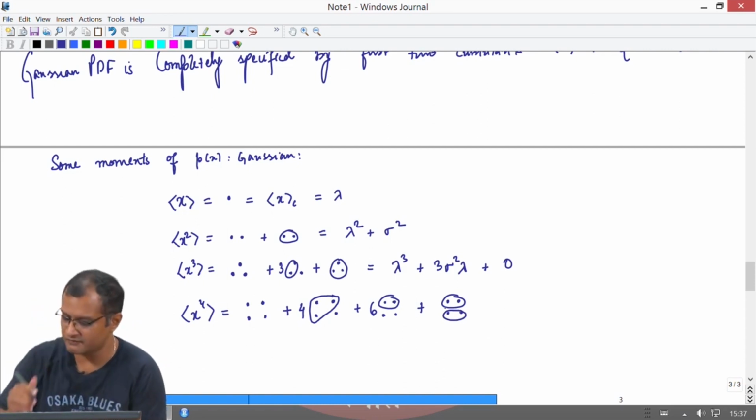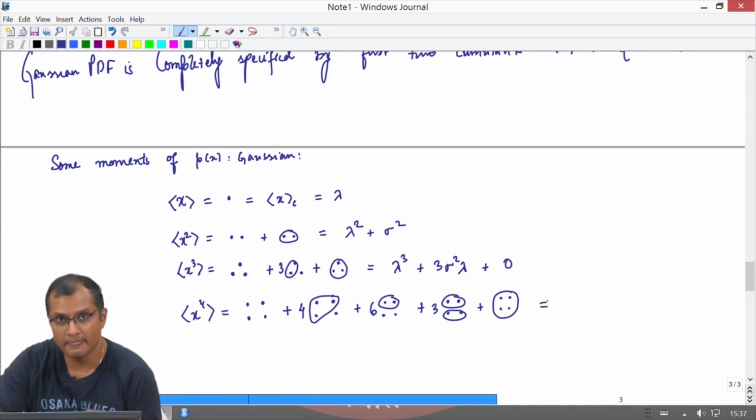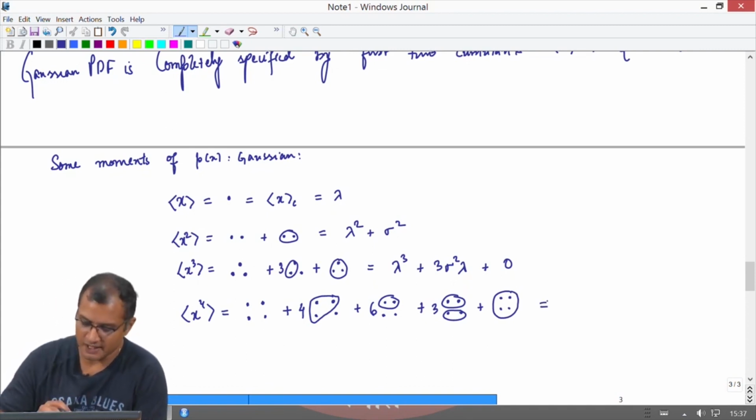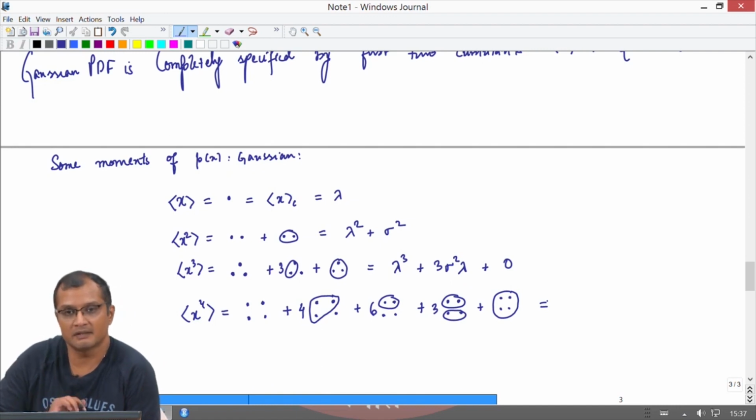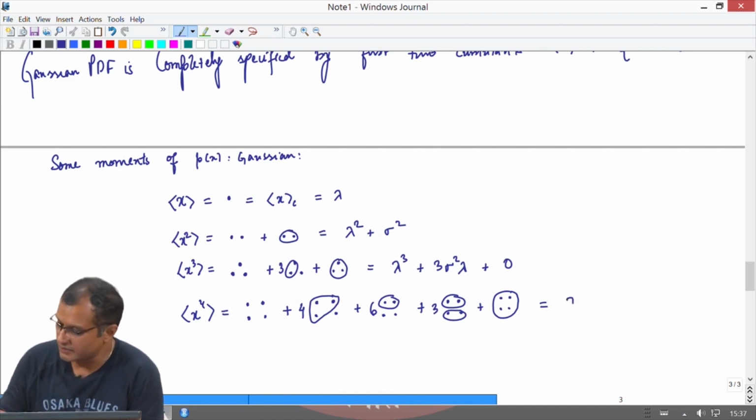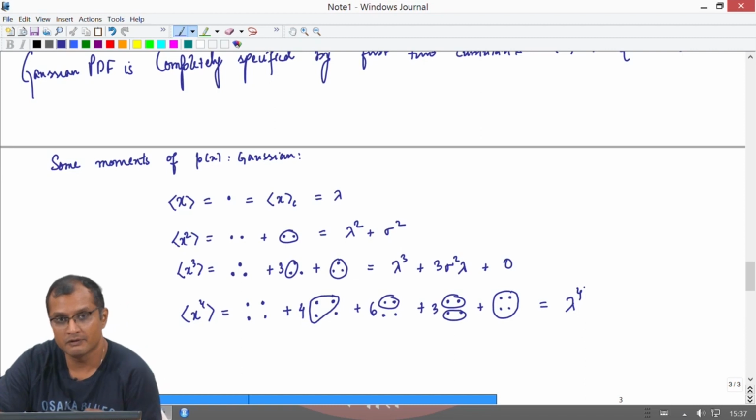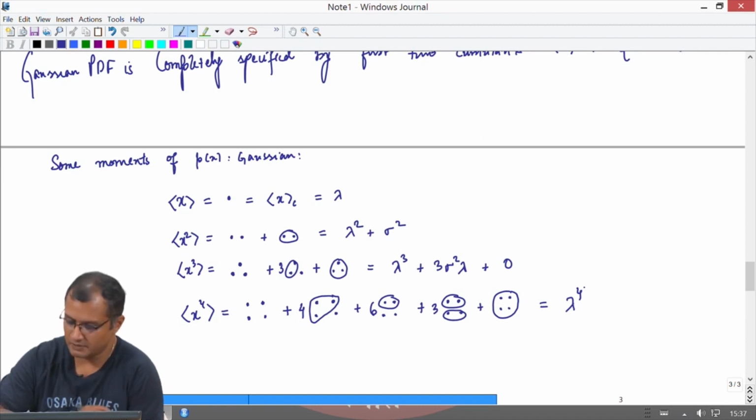They are exactly half of 6, which is 3 ways of doing it, and connect all of them, no more. So, the first guy, which is all 4 of them disconnected, is nothing but lambda to the power 4, the first moment to the power 4, plus 4 times